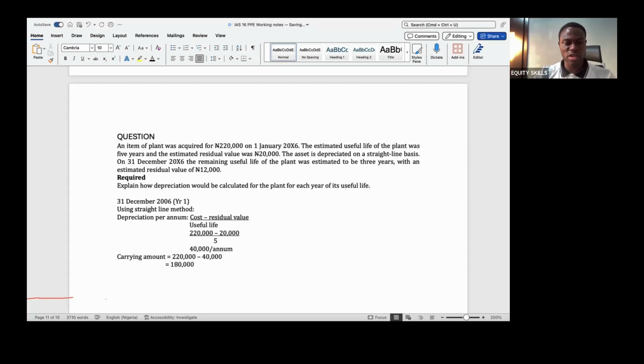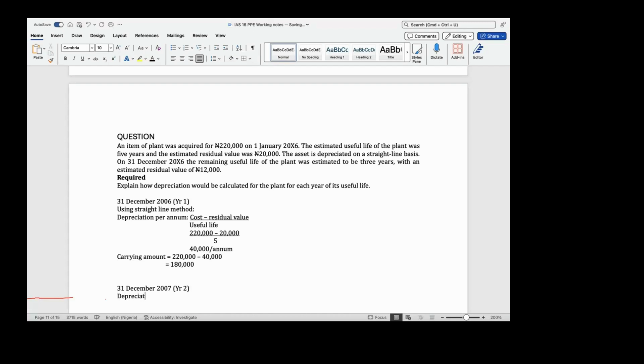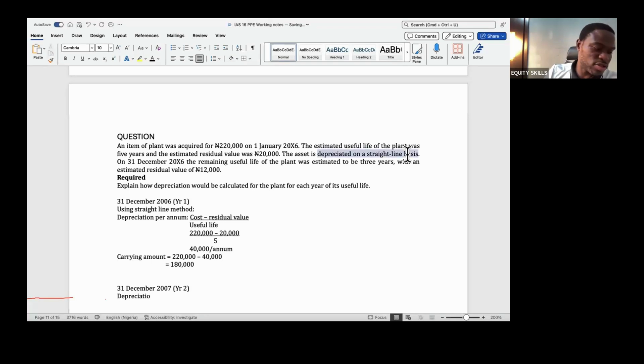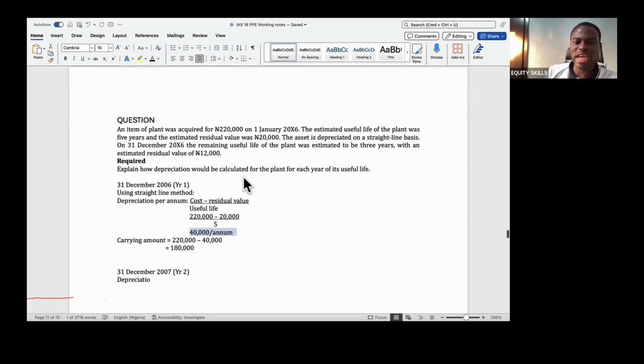Now, since they have changed a lot of things, from next year, from 31st December 2007, which is year two, ordinarily if they were using the straight line method, depreciation per annum should just be 40,000 every year. It should not change. But now they have changed the useful life and the residual value, so I have to recalculate my depreciation. My depreciation per annum going forward is the new value of that asset as at that date, which is the carrying amount,